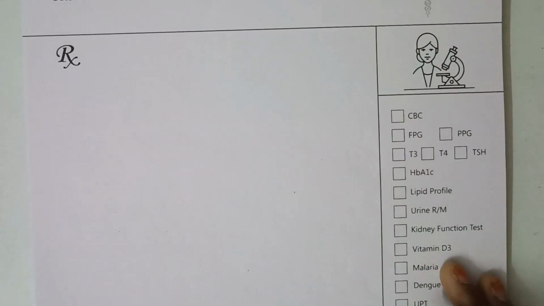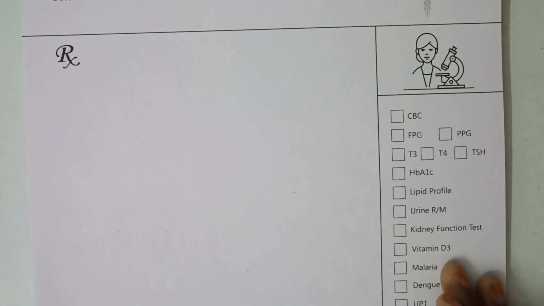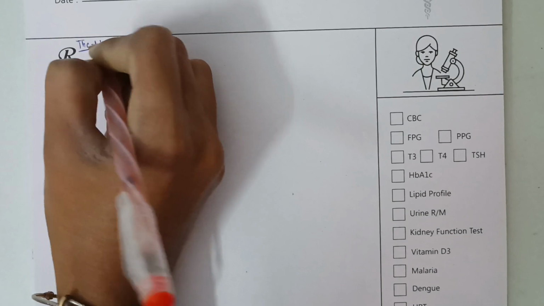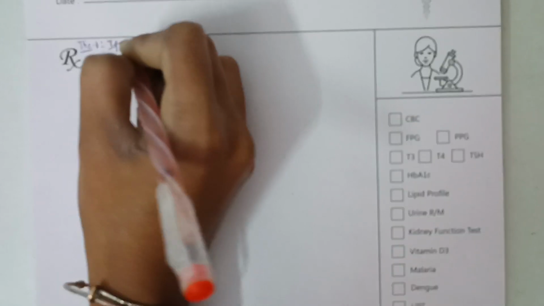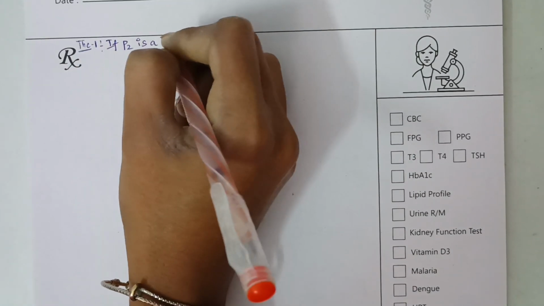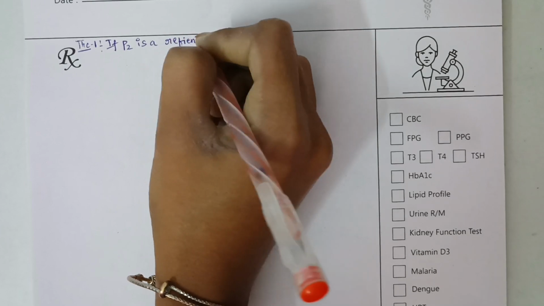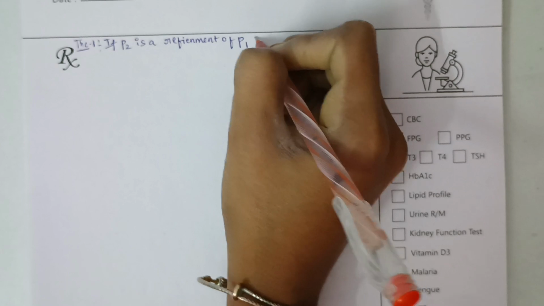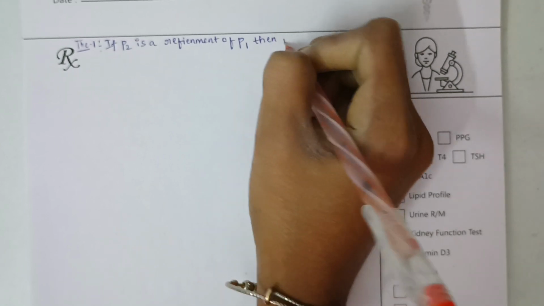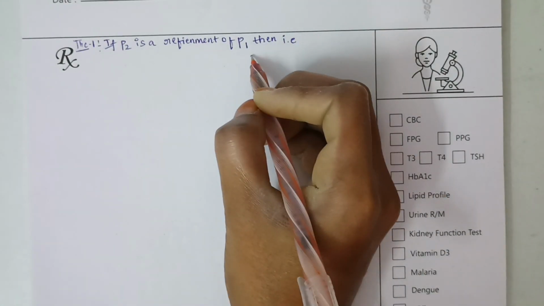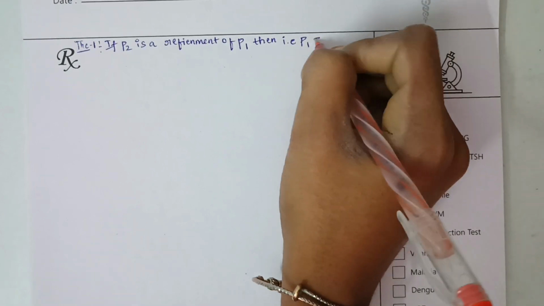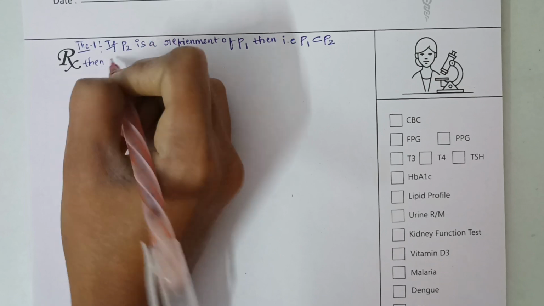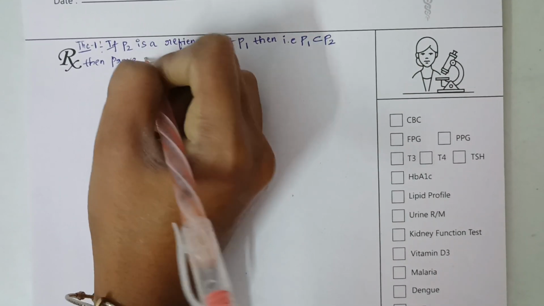So today we are going to see about Theorem 1 in mathematical analysis. And the statement is, if P2 is a refinement of P1, then, i.e. P2 is a refinement of P1 is nothing but P1 is a subset of P2, then prove the first one,